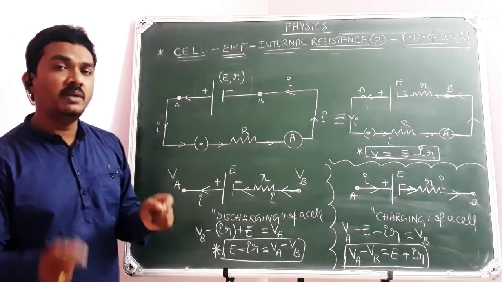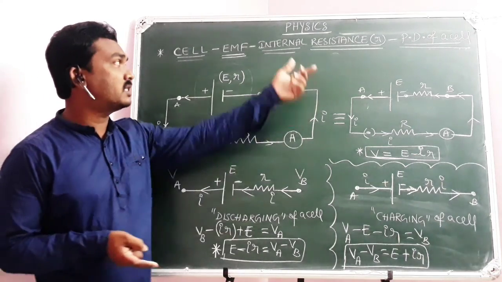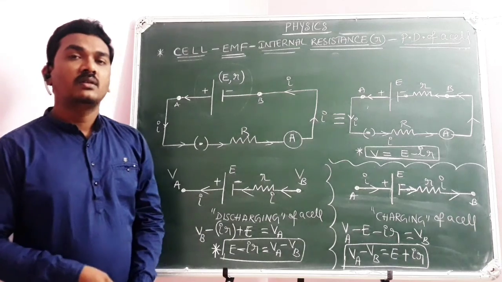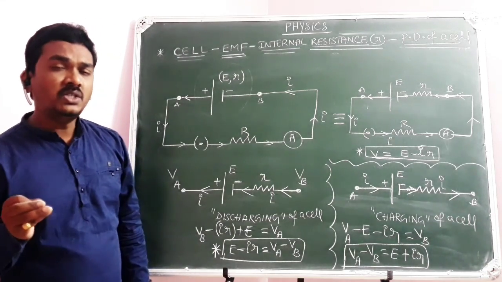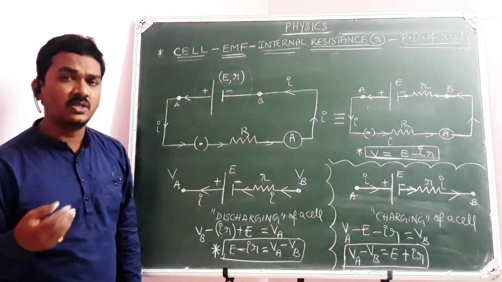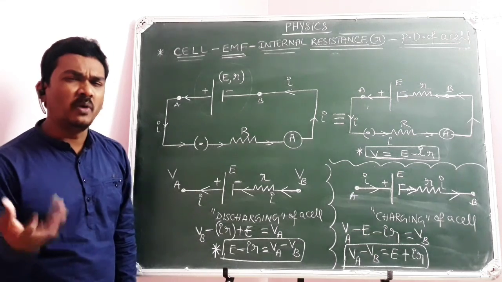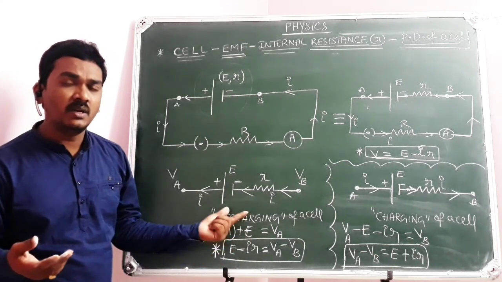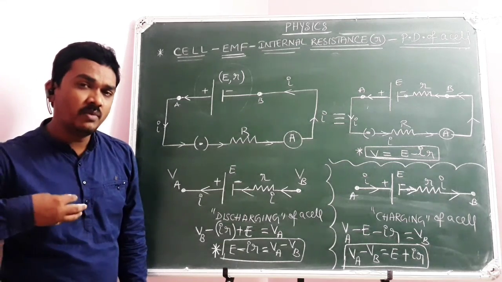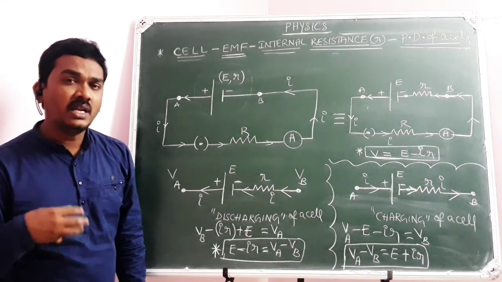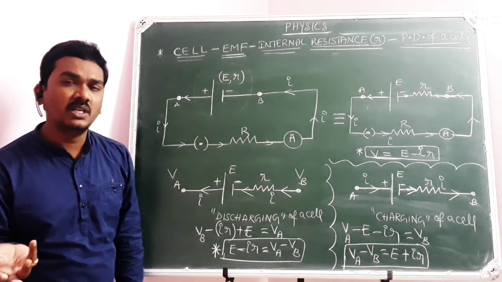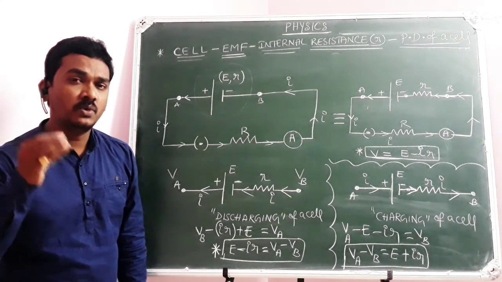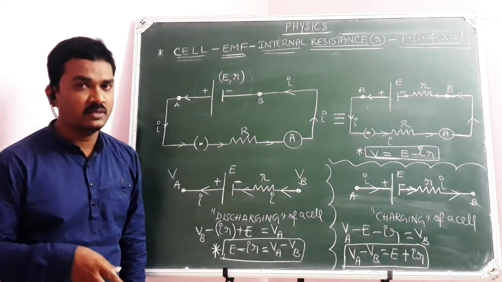So ultimately there will be a difference between potential difference and EMF of a cell. Simply to say, potential difference can be discussed between any two points. It is not only across the terminals of the cell. When I am speaking about potential difference, I can discuss between any two points in the electric field or outside the electric field.